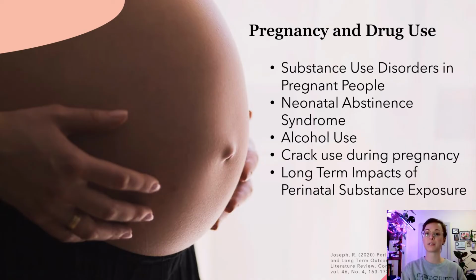So let's get into pregnancy and drug use, as well as harm reduction, and how to implement those strategies in that particular patient population. In the United States, women comprise 40% of those with a lifetime drug use disorder, and 26% of those met criteria for both an alcohol and drug use disorder in the past 12 months. Women are also at highest risk for developing a substance use disorder in their reproductive years, so that would be 18 to 44, but especially between ages of 18 and 29. So this means that women who are pregnant or might become pregnant in the near future are at an increased